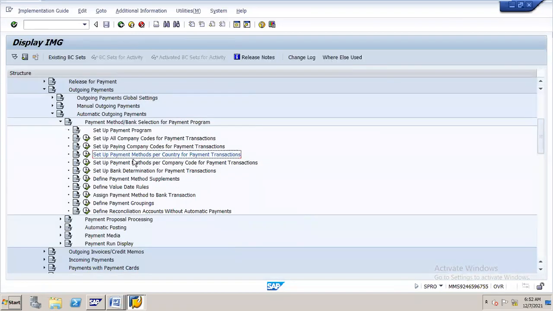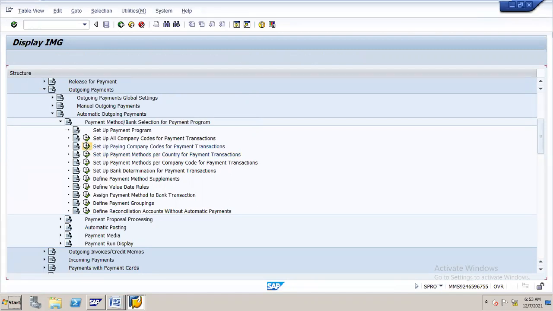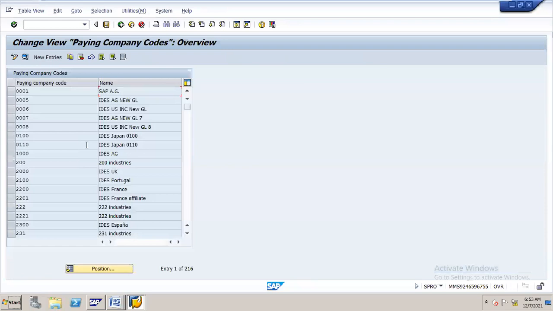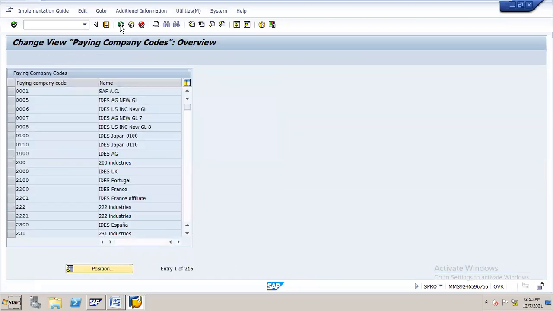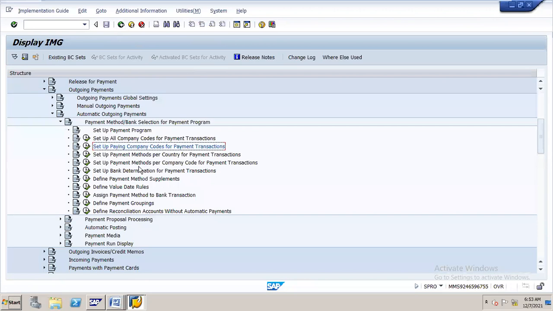Second, set up payment method per company code.